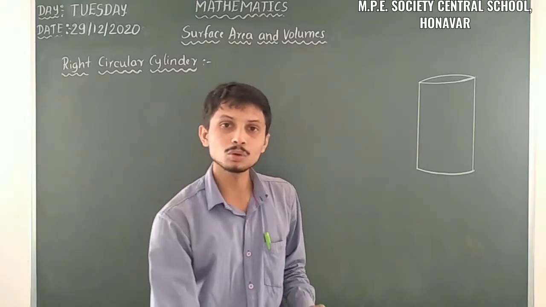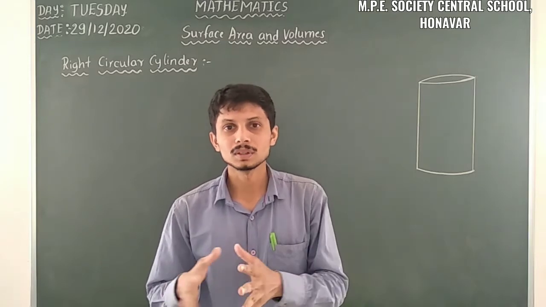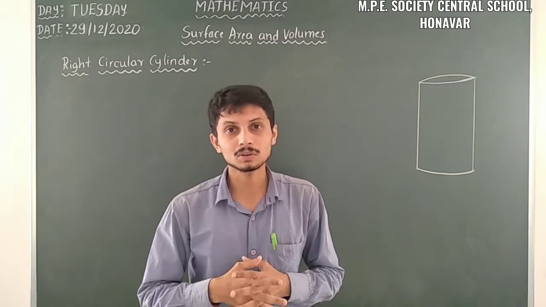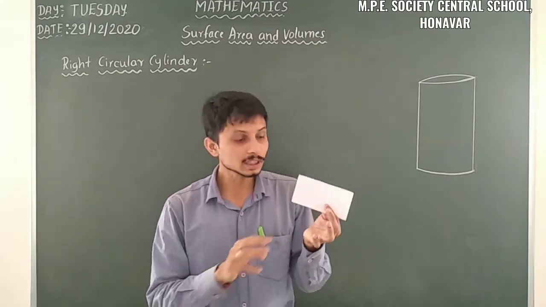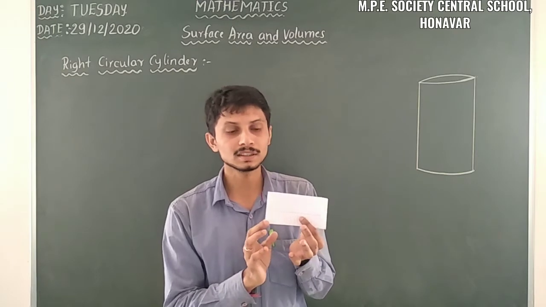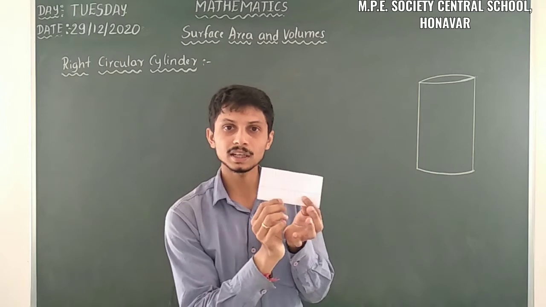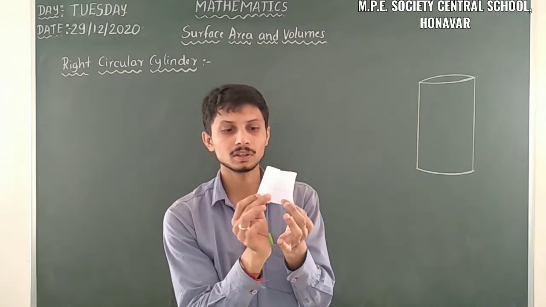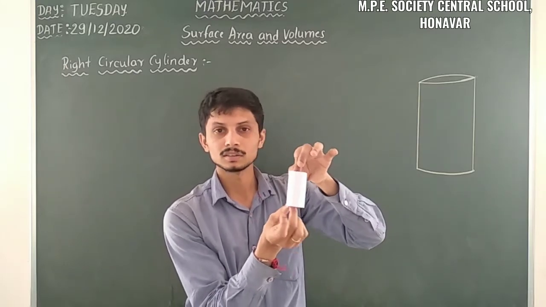And then we have to know how to construct a cylinder using some things we have here. For example, this paper. Using this paper we can construct a cylinder. How to construct a cylinder? We have to rotate this end in this direction, and we have to rotate this end in this direction. When you rotate like this, it turns into a cylinder. So here it is a cylinder.